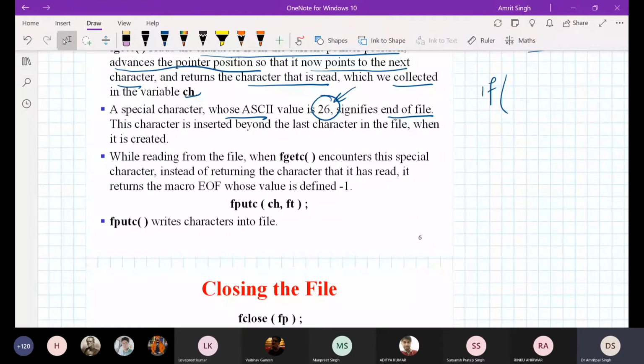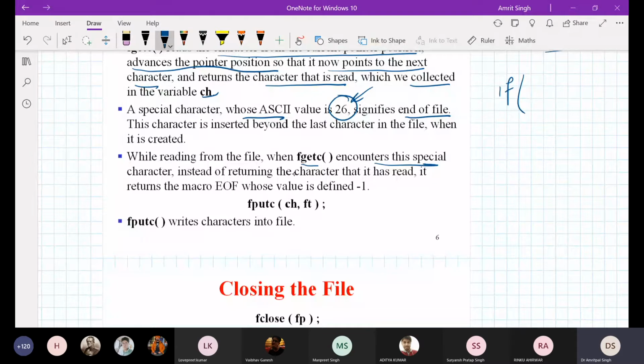While reading from the file, when fgetc encounters the special character, instead of returning the character it has read, it returns the macro EOF. This is a macro that we are going to learn about next in the preprocessor, whose value is defined as -1. Whenever you encounter the value 26, it automatically returns EOF, whose value is -1. Done? And in a similar manner, if you want to write something in your file,